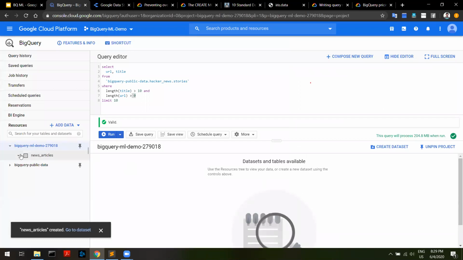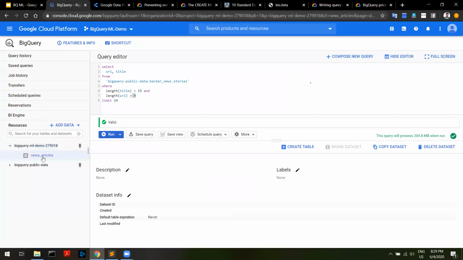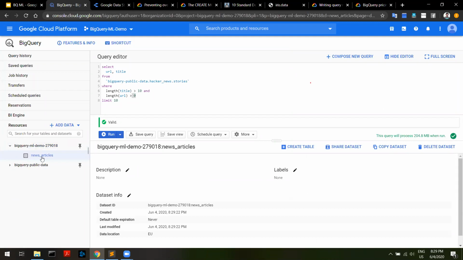So what I have now here is an empty dataset. I have nothing in that. So now I can create tables inside this dataset, right? So first thing I'm going to do is